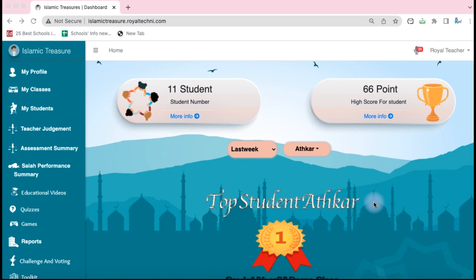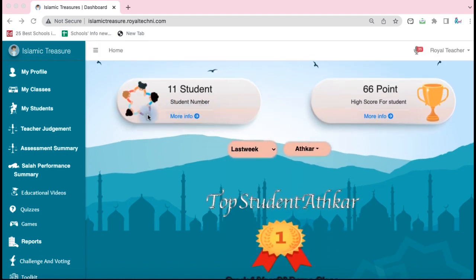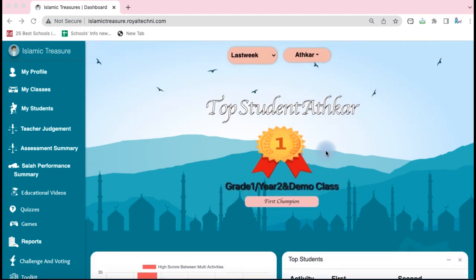Now I will explain the teacher's dashboard. Here is the home screen for the teacher's dashboard. This is a website where the teachers can track their children's performance on the app. In the home screen, or the home page, you will find the information about students and also the list